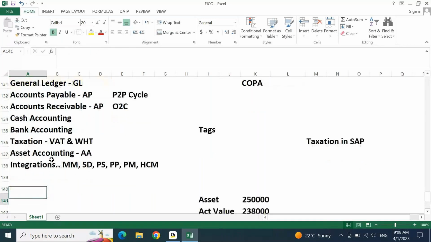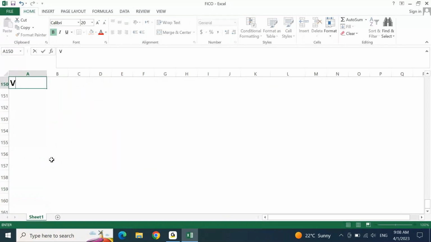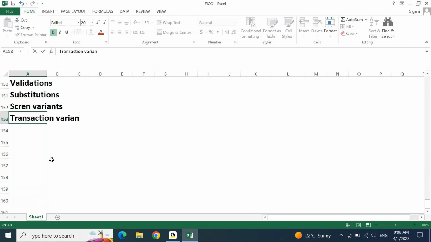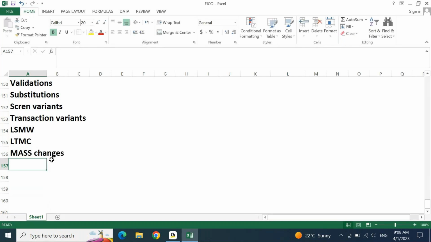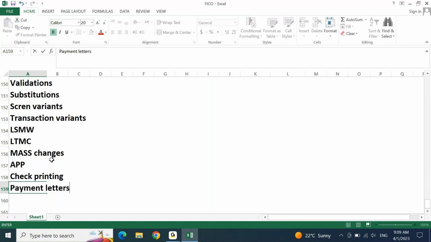Like you have validations, substitutions, screen variants, transaction variants, LSMW, LTMC, mass changes, APP, check printing, payment letters, in short DME,